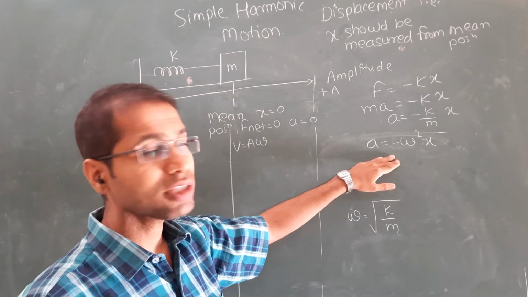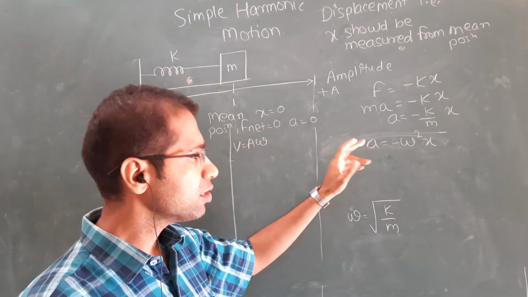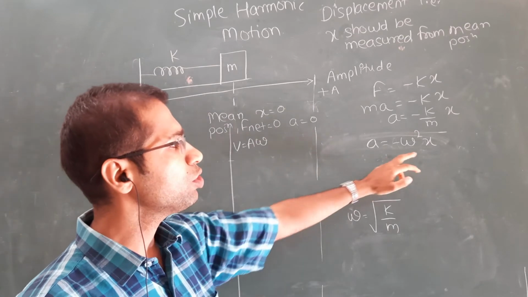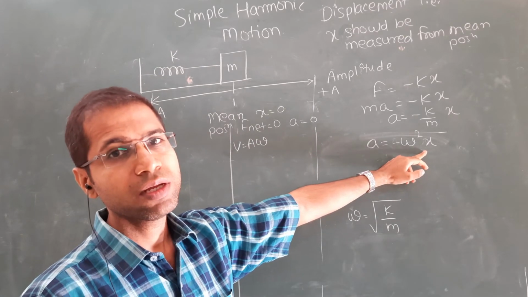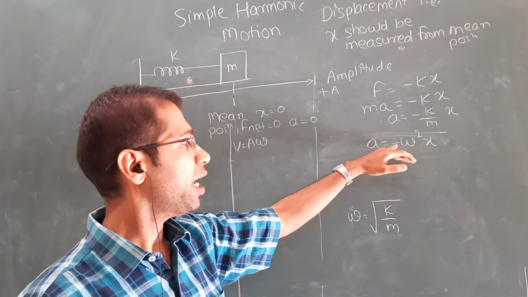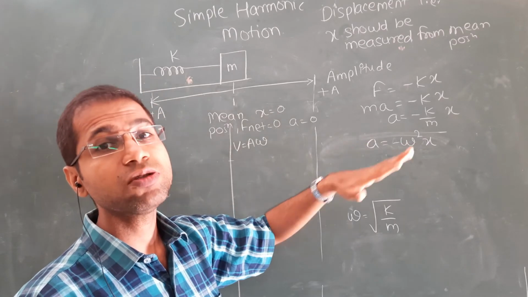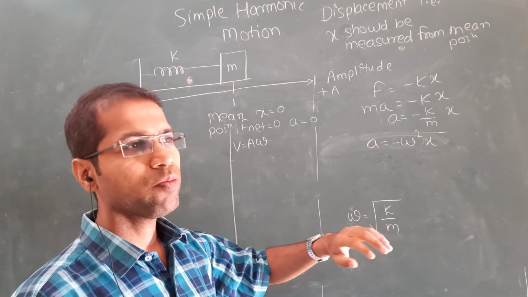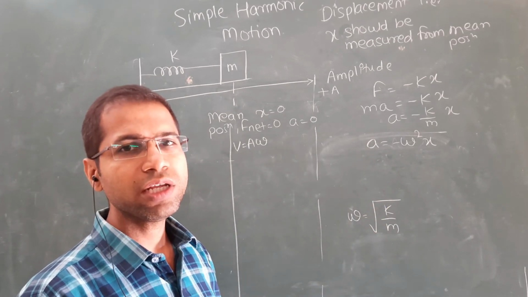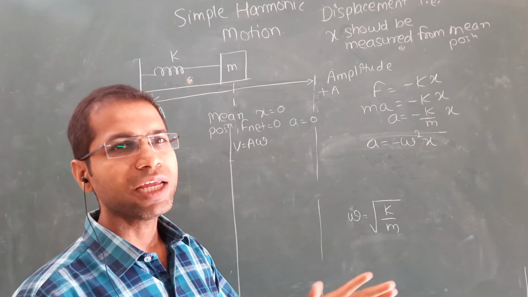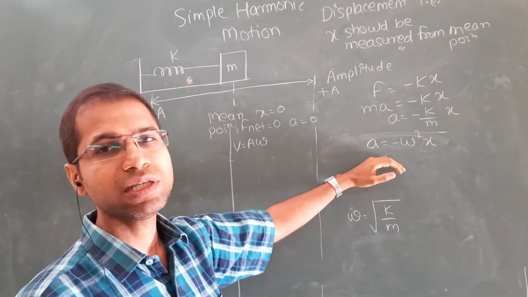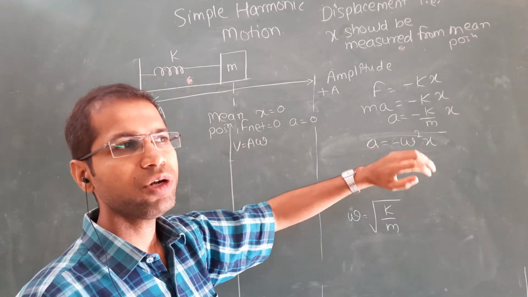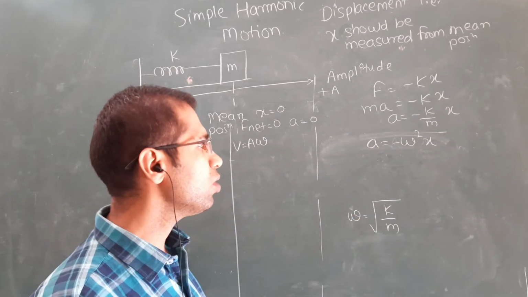Here, is this a constant acceleration or variable acceleration? See, as we are moving in the right direction or the left direction, what is going to change? X is going to change. So depending on the position of x, acceleration will also change. So this is not a constant acceleration, this is a variable acceleration. For constant acceleration only we apply the kinematical equations, but because this is a variable acceleration, we are going to use the help of calculus for this.